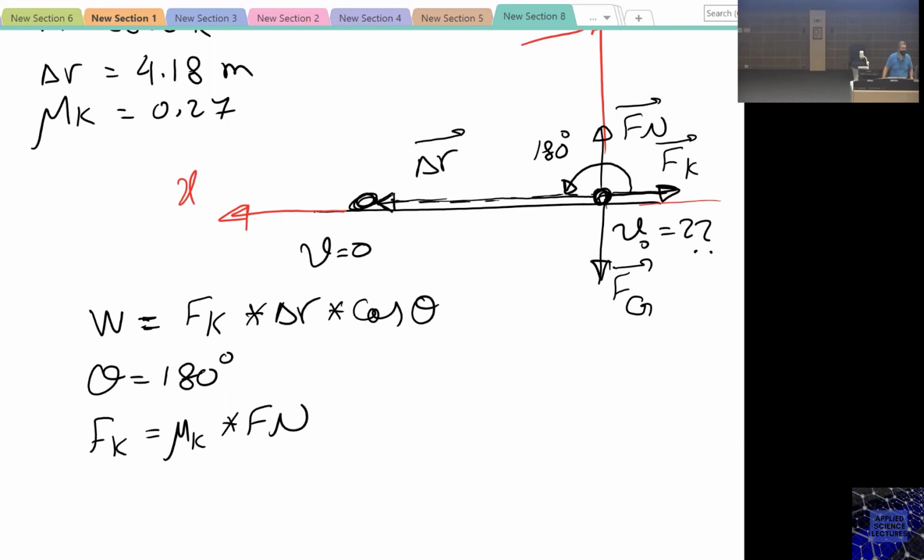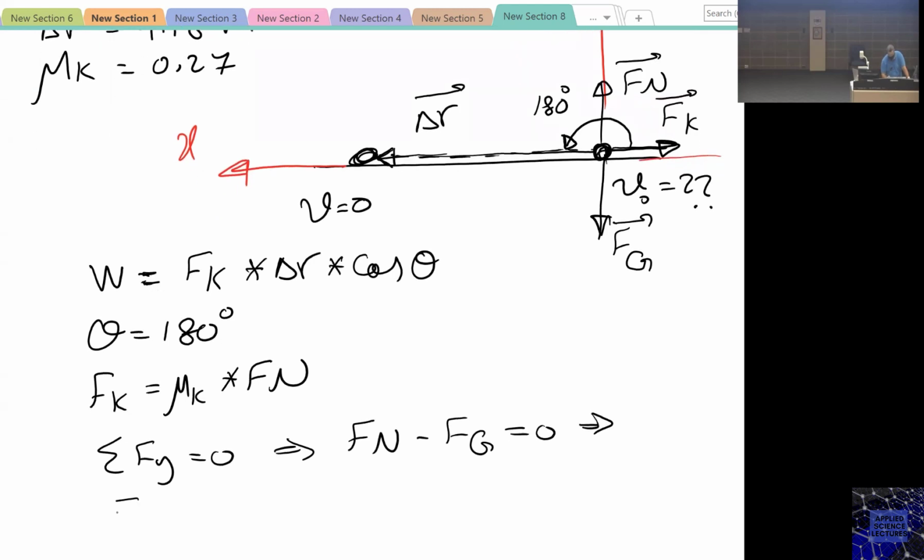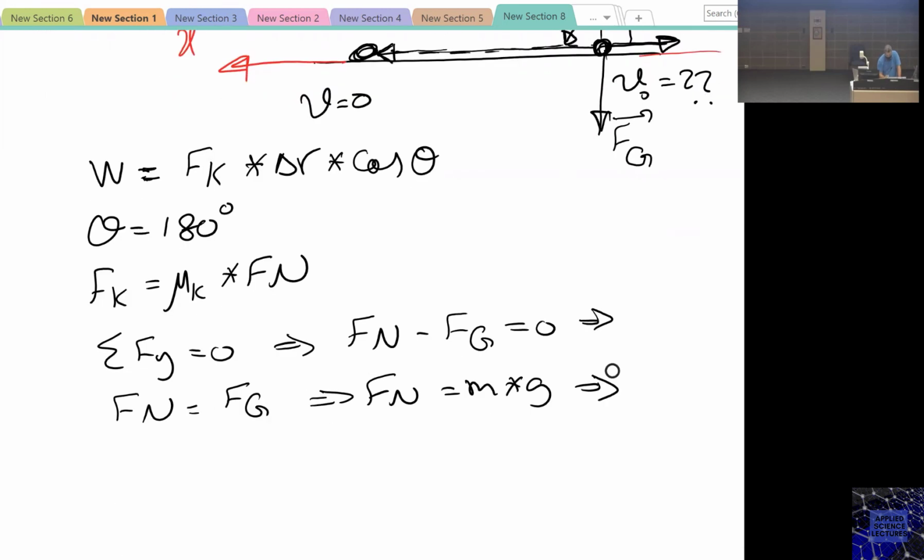Apply Newton's first law along the y-axis, which is sigma Fy equals 0, and this ends up with Fn positive minus Fg equals 0, and Fn equals the gravitational force, or Fn equals m times g, or Fn is 55.2 times 9.8, and Fn is